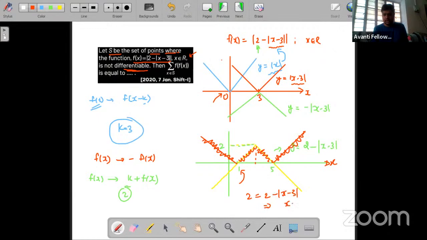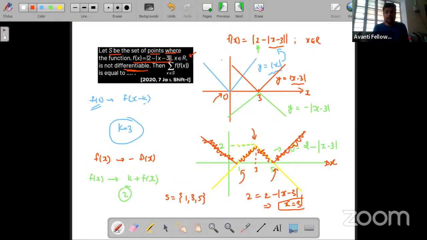So if you solve it, you will get x = 3. Yeah, so at this value x = 3, here also we are getting a sharp turn, and at x = 5 we are also getting a sharp turn. So this function is continuous, no doubt, because we did not lift the pen, but we are getting 3 sharp points. That means at those points of x the function is non-differentiable. Clear? So what will be the set S? Set S is the points 1, 3 and 5, where we will be getting a non-differentiable function.